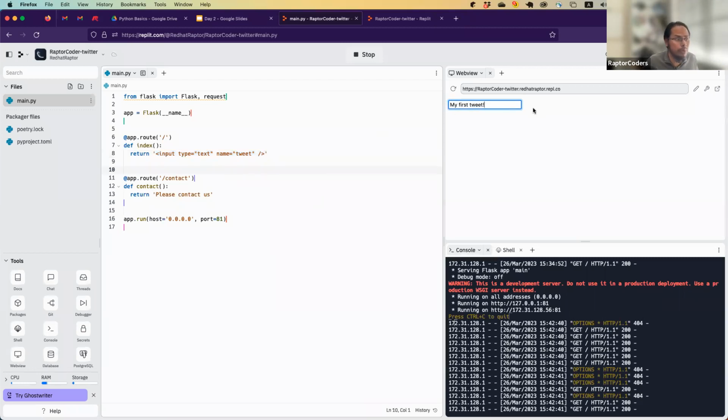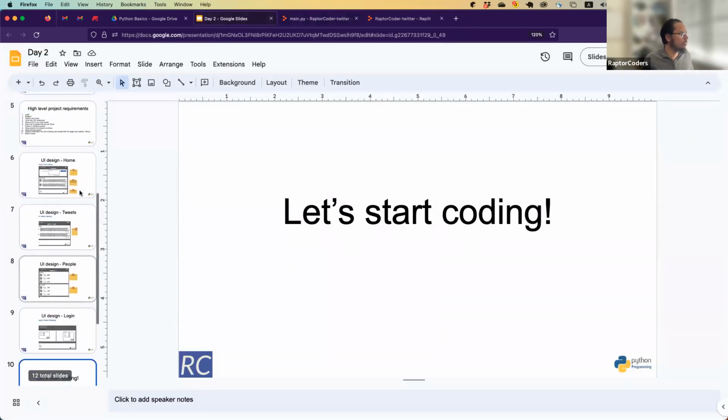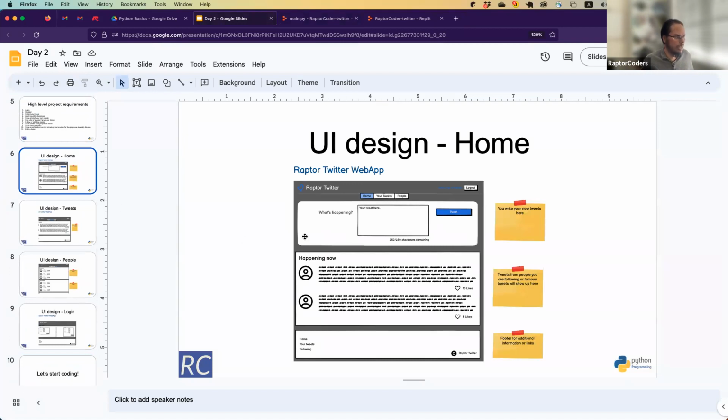Now, how do we submit it? If you go to Facebook, there is a post button or a submit button. If you go to Twitter, there is a click to submit button, like a tweet button, right? So let me show you. Let's go to the mock once again, the UI design. You can see that the UI that we are supposed to build should have "What is happening", and then there is a text box that allows us to enter the text, and then there's a tweet button, right? So if you go back to our